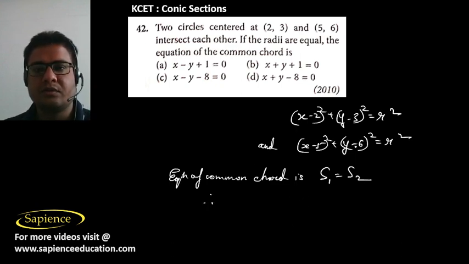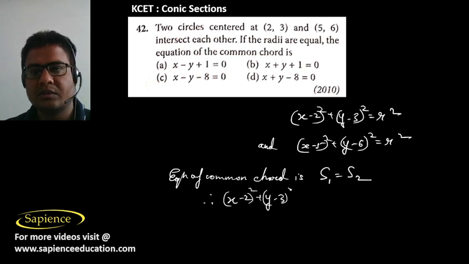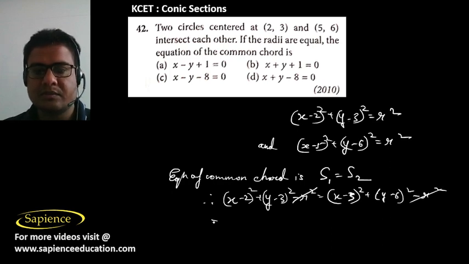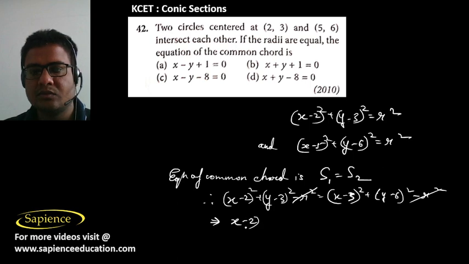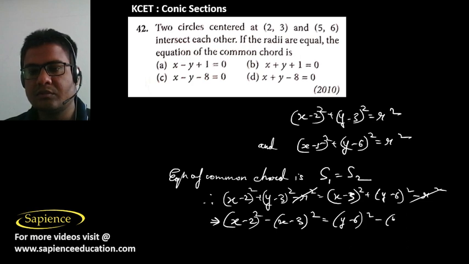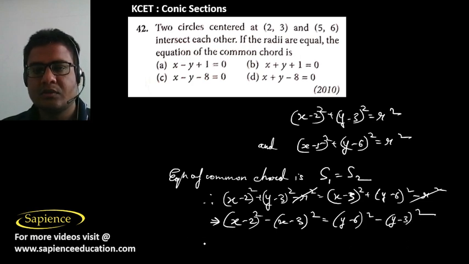So therefore if we equate them, then we will have (x minus 2) whole square plus (y minus 3) whole square minus r square equal to (x minus 5) whole square plus (y minus 6) whole square minus r square. So minus r square and minus r square will cancel. Then we will have (x minus 2) whole square minus (x minus 5) whole square equal to (y minus 6) whole square minus (y minus 3) whole square. So this will be